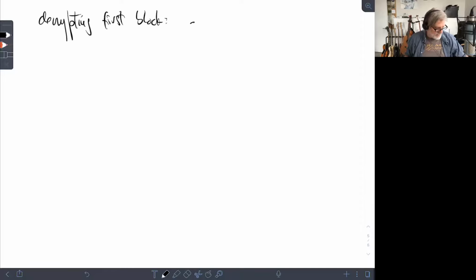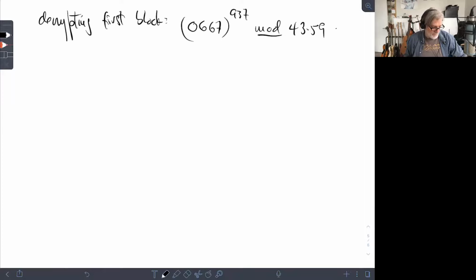So to decrypt the first block, it is 0667 power 937 mod P times Q, 43 times 59. And yes, I did that with paper. I really didn't need the calculator. It was just a little faster, but